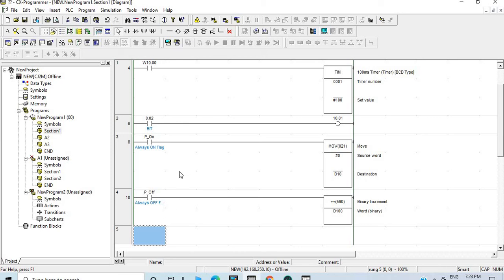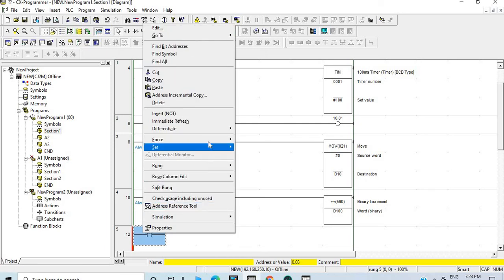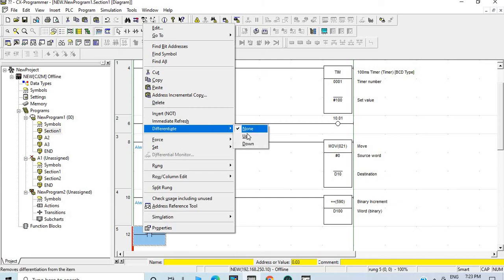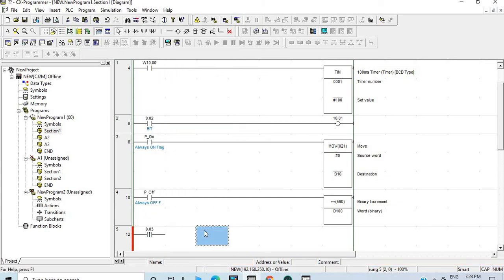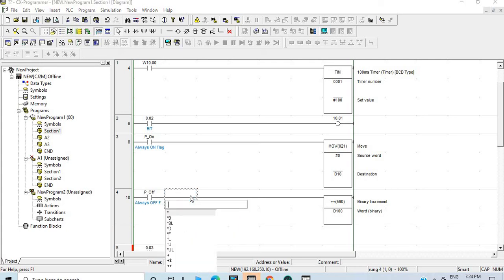Suppose I am giving a pulse, you can give a C 0.03, and you can right click and differentiate up. Suppose I am giving a C at the rate LD 0.03.